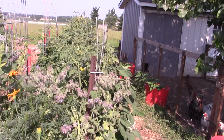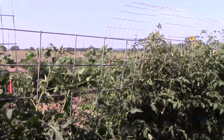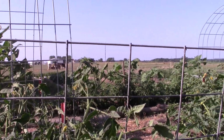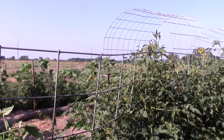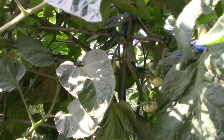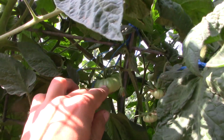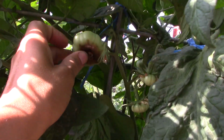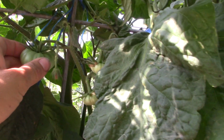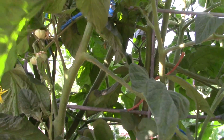So this is my main tomato bed here, and I'm not sure exactly if it's just the brands that I planted, the varieties, but I'm just not seeing a lot of tomatoes. I have been hand pollinating. Here's a tomato. This one here has blossom end rot already. So I don't know if I should just pick that and get rid of it, but there's not a lot of